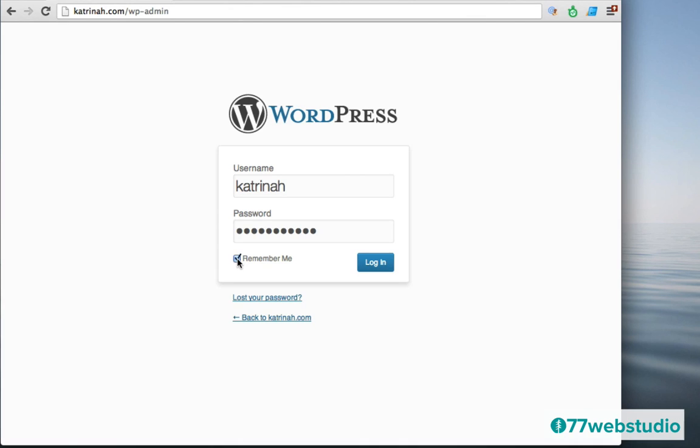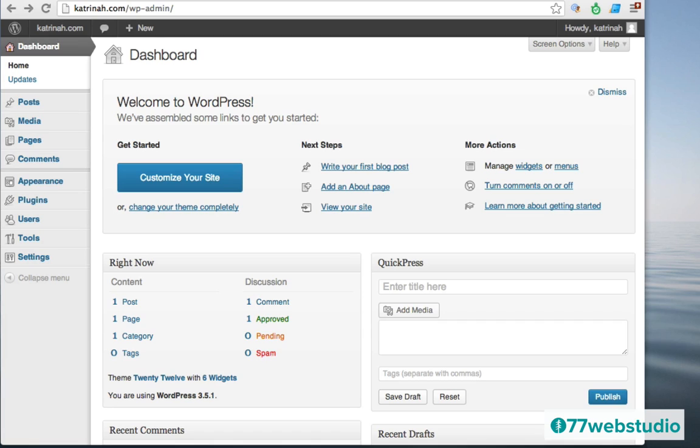In the event that you forget your password in the future, or perhaps even now, you want to click on this link here that says Lost Your Password, and WordPress will send you a password reset to the email that you used when you were creating your WordPress website. So for the moment, here I have my username and password. I'm going to go ahead and click on the login button to log in to the WordPress website. So here we are on the WordPress dashboard.